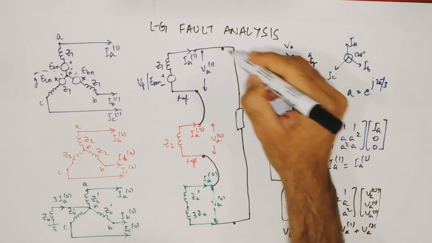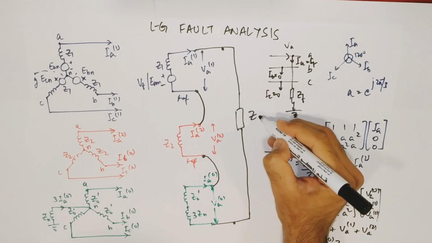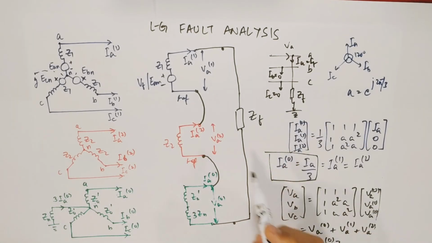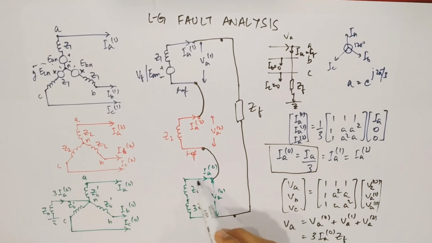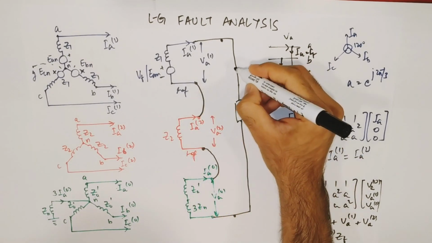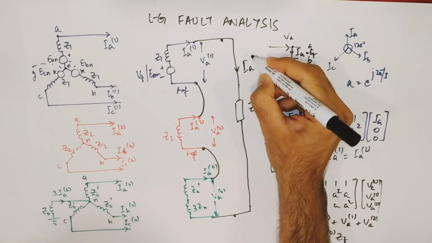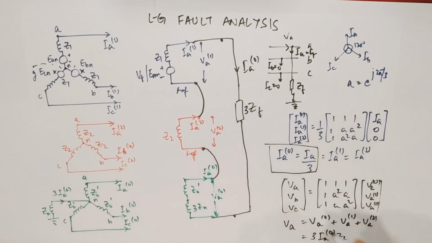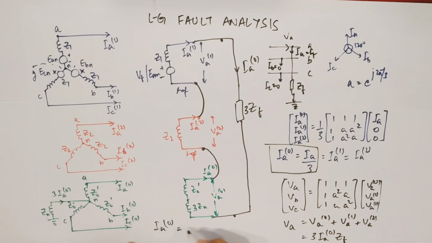So we have connected this circuit, and this is ZF. Now as the current flowing is only IA0 in the circuit, that is zero sequence current, we again have to multiply by 3 in order to keep this potential, or the voltage drop, the same. So we will solve for this value of current, that IA0,